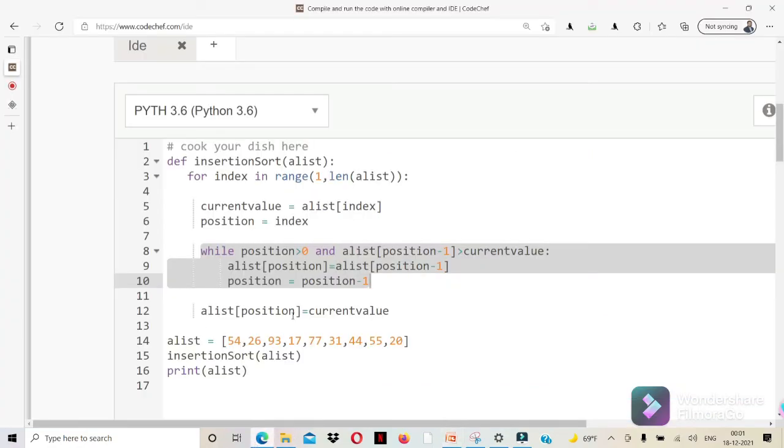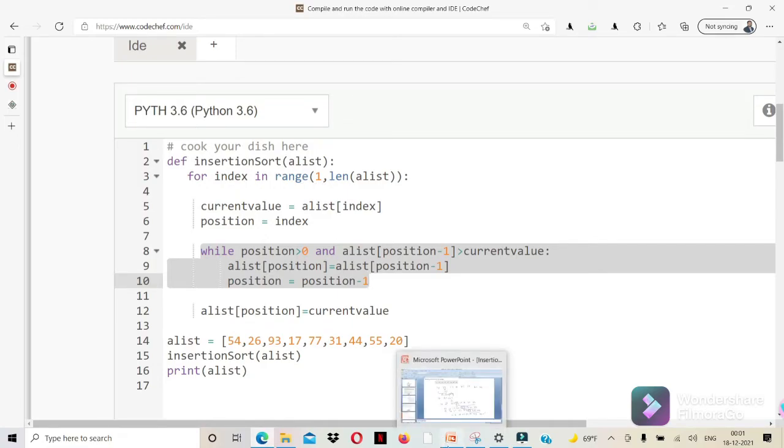So if you see here, the condition is satisfied because the position is 1, and the previous element, if you take 14 33, that 14 is greater than 33? No, so this loop won't be executed. And if you see here, list of 1 equal to the current value, list of 1 only, 33 will be 33 only. Next, the second pass, if you take index equal to 2, it means the third element.